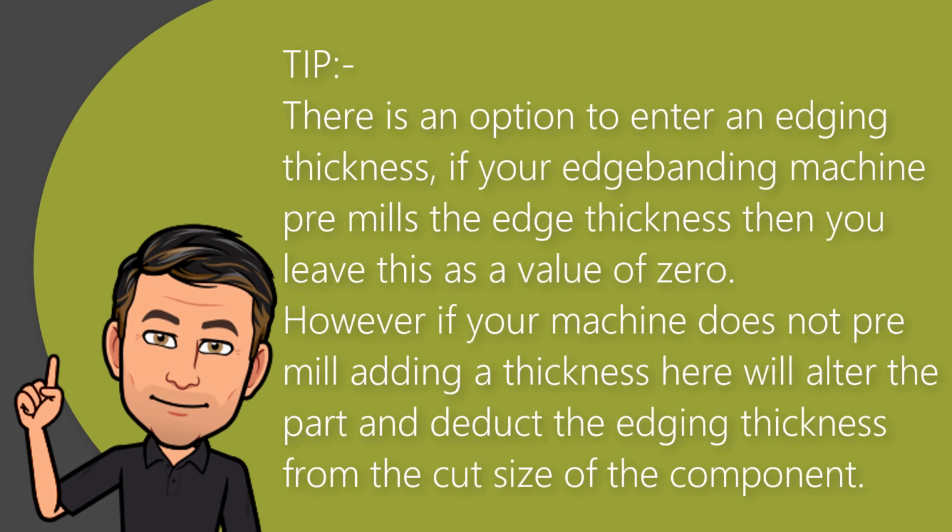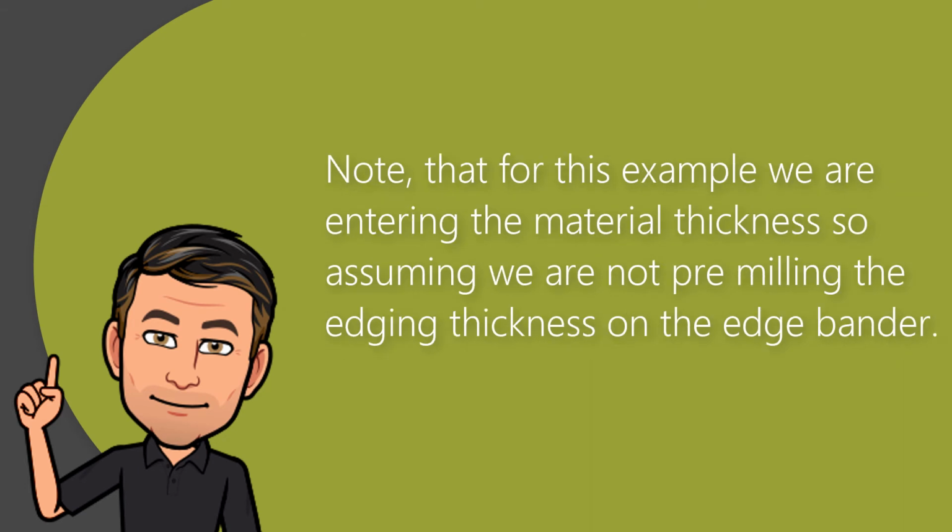Tip: there is an option to enter an edging thickness. If your edge banding machine pre-mills the edge thickness, then you leave this as a value of 0. However, if your machine does not pre-mill, adding a thickness here will alter the part and deduct the edging thickness from the cut size of the component. Note that for this example we are entering the material thickness, so assuming we are not pre-milling the edging thickness